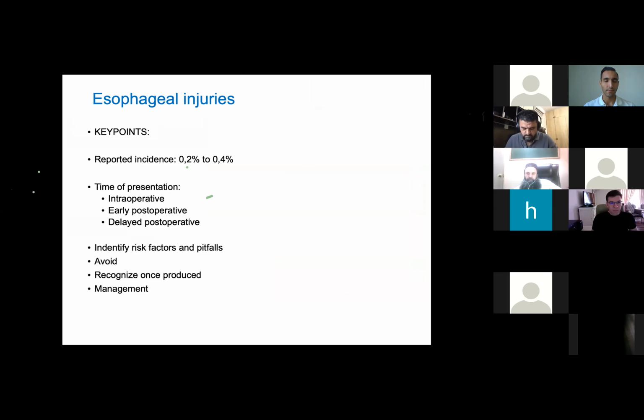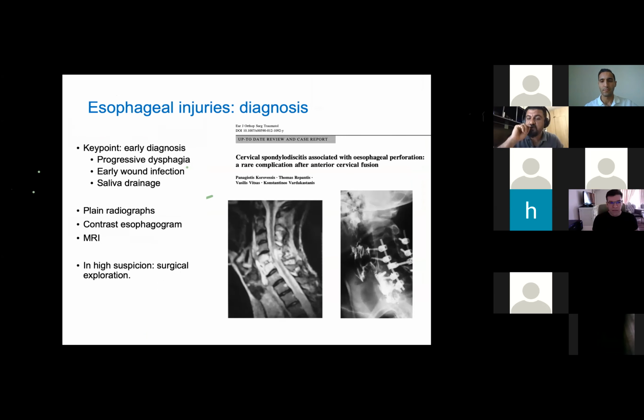A few points about some other injuries that can happen with this approach, including esophageal injury, which has a very low reported incidence again, but it can happen or be discovered intraoperatively, early postoperatively, and in the delayed postoperative period. But the key for